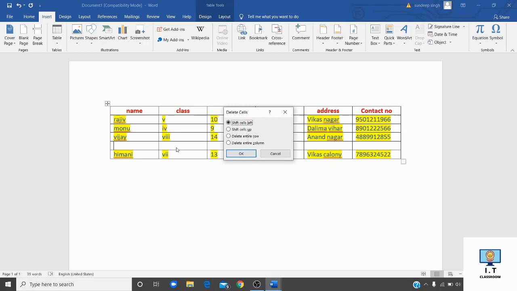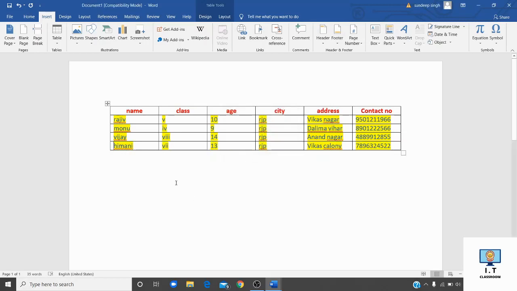Suppose you want to delete this entire row, then you will select the third option, delete entire row. After that, click on the OK button. So in this way, the row which you have already inserted has been deleted by selecting the delete rows option.